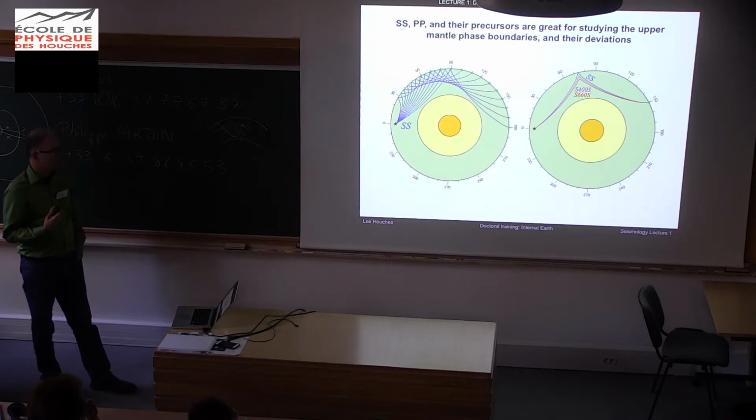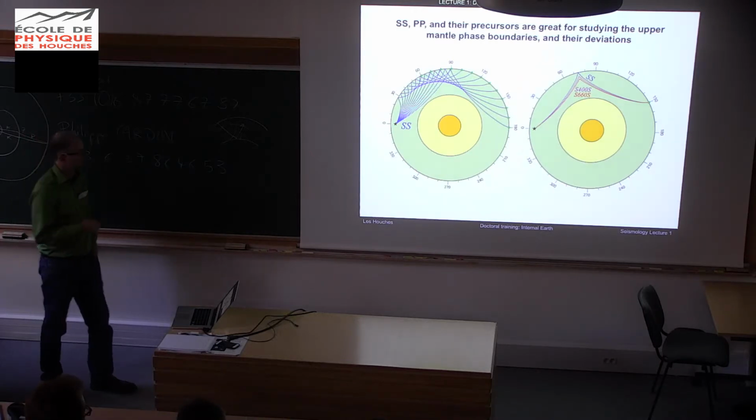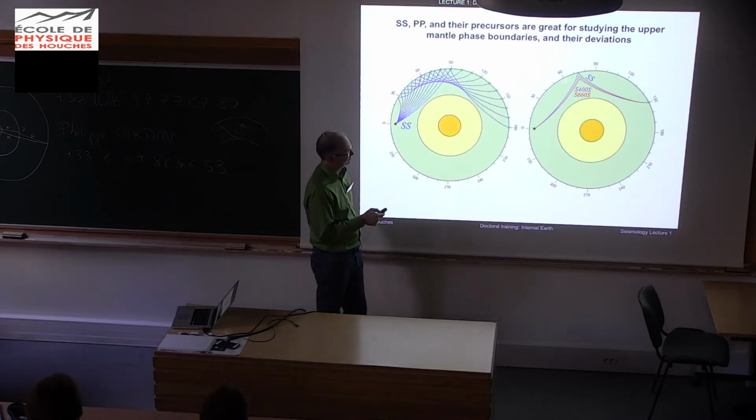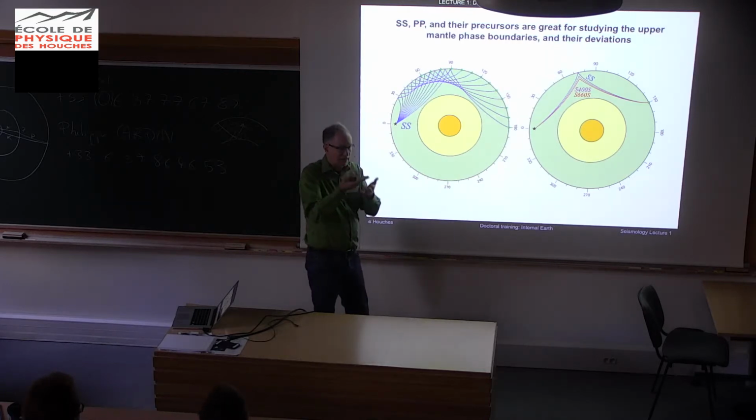Surface reflections are also great. They've been used for upper mantle things like if you have strong contrasts in properties, you act like the upper mantle discontinuities, the phase transitions in the olivine system, olivine going to Wadsleyite, to the Spinel structure, ringwoodite, then to the perovskite structure at 660. Seismic energy bounces off of the undersides of these things. And so they're a little bit weak, but you can sum them up and make inferences about these boundaries and how they're higher or lower.